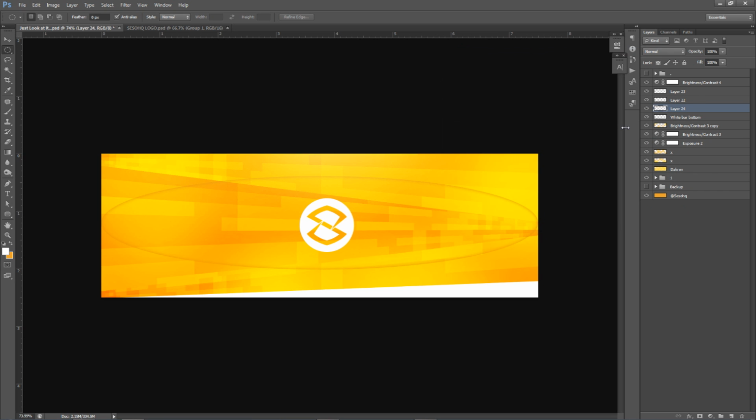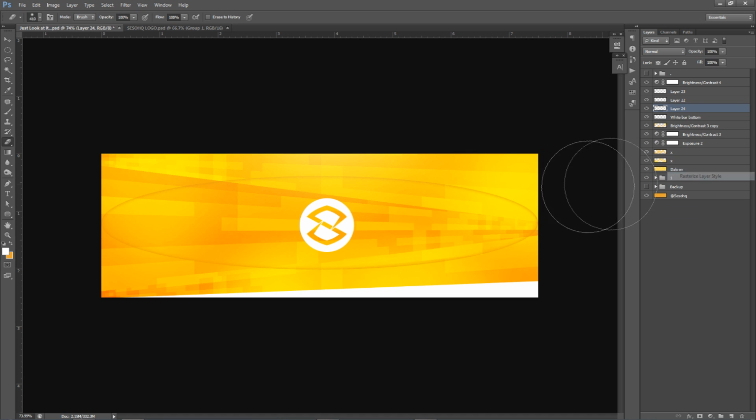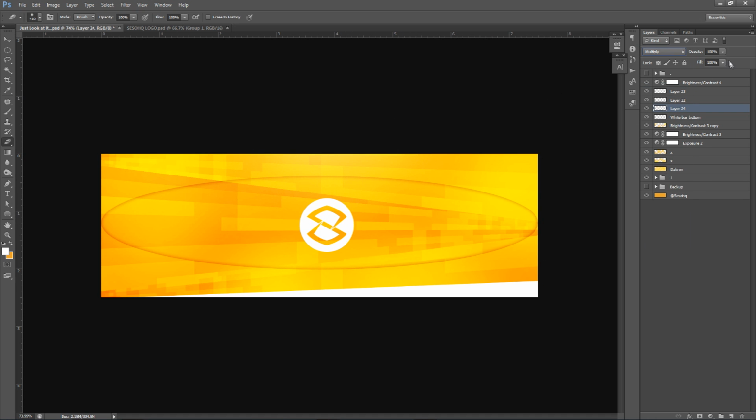Rasterize this layer. That way the actual inner shadow is going to be its own layer now, basically, where I can actually erase it. I'm going to show you guys why you want to rasterize. If not, when you erase things, it's going to look like that. That's not what we want. We want it to be rasterized, so that when we erase, it does not do that. It looks like that. Also, change your blend mode here to multiply as well to get the same exact inner shadow effect. But basically now, I'm going to go ahead and take this and erase